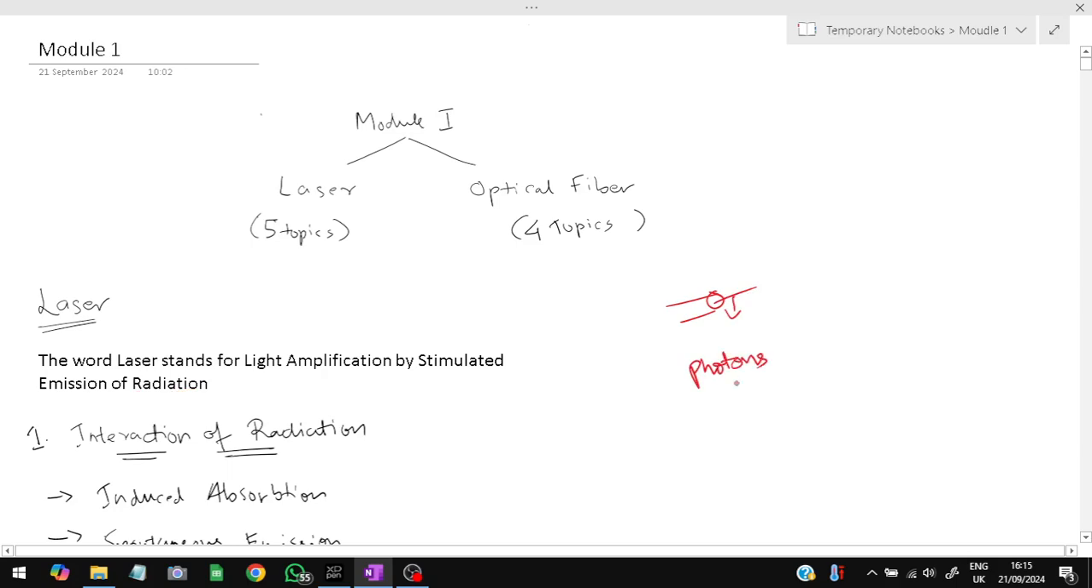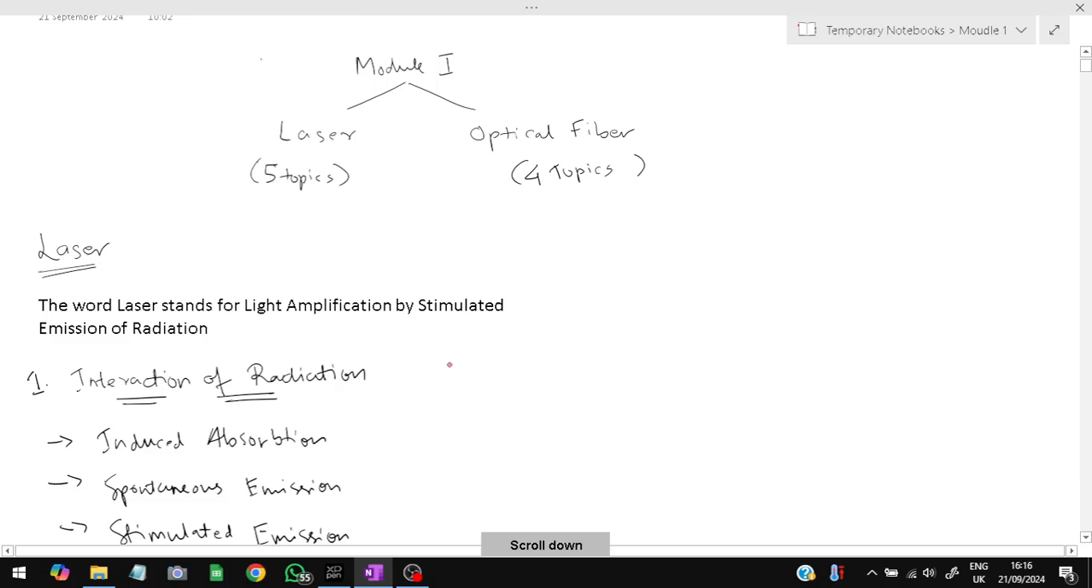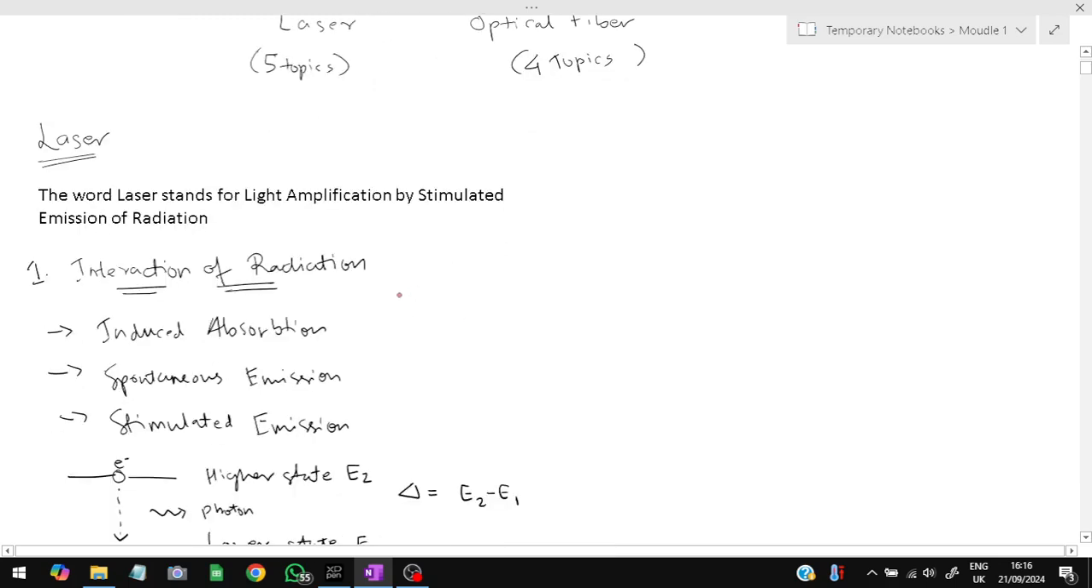Now how do photons get emitted? Photons get emitted when electrons come from a higher energy level to a lower energy level. When electrons jump from the excited state to the lower state, at that time photons are emitted. That's how the laser light comes. The radiation is of 3 types: the first is induced absorption, and the other two are spontaneous emission